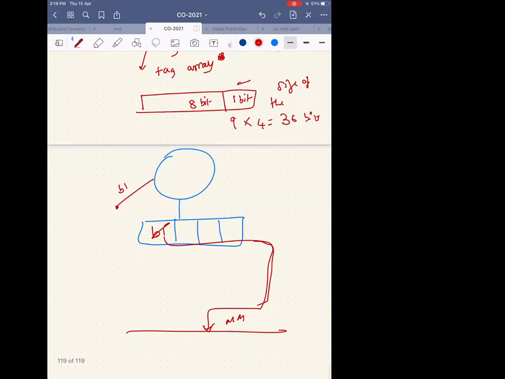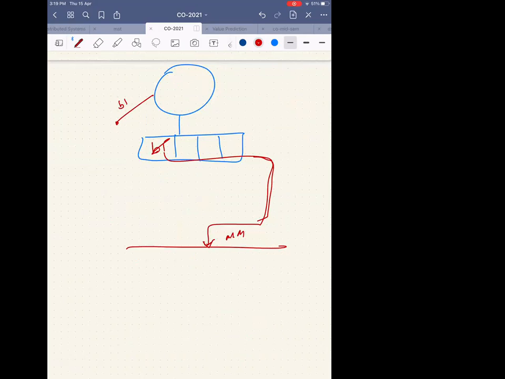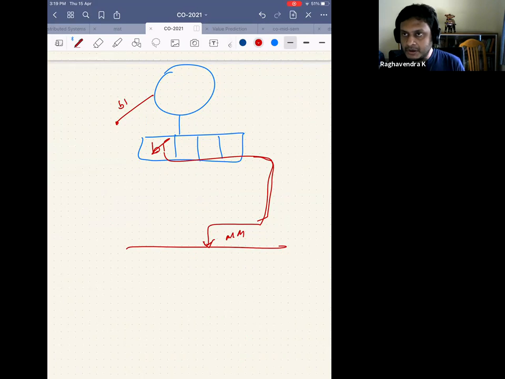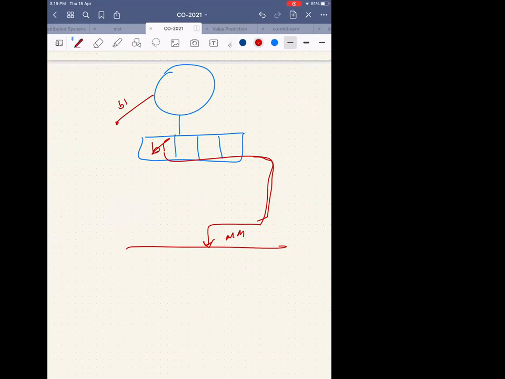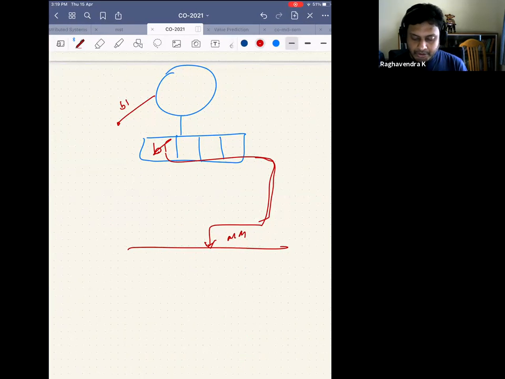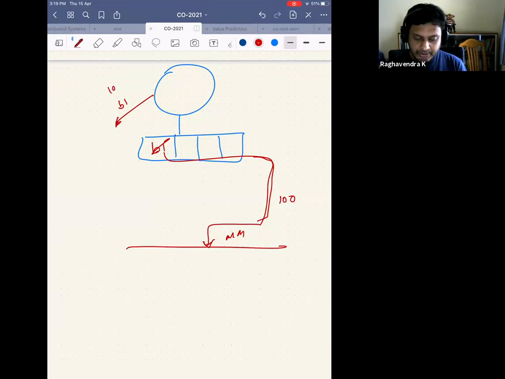Sir, I don't know how it's implemented in the hardware, but let's assume this memory write is taking 100 cycles, and then the load is also taking 100 cycles. The second access to B1 is lagging behind, waiting for 100 cycles plus 100 cycles. So you're saying it will take 200 cycles now.